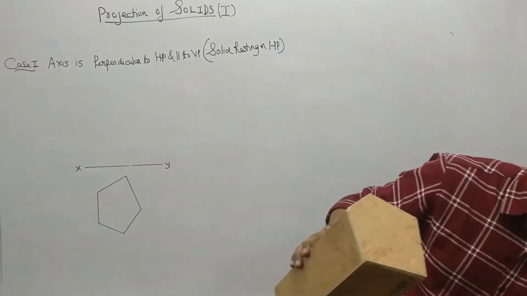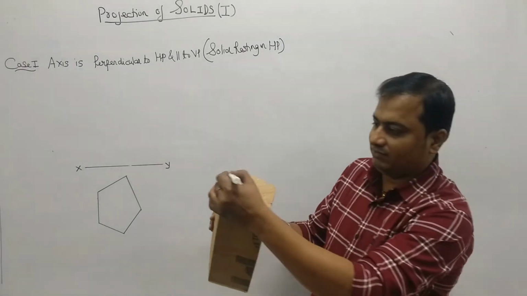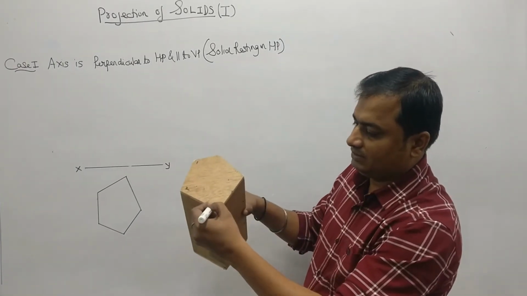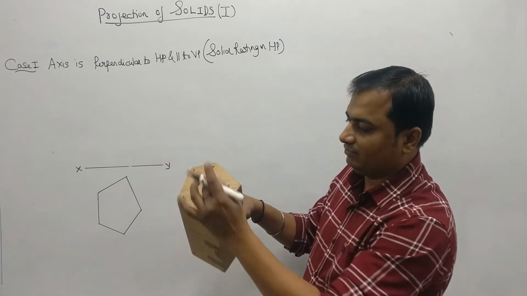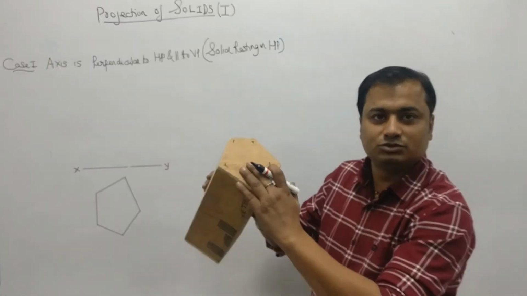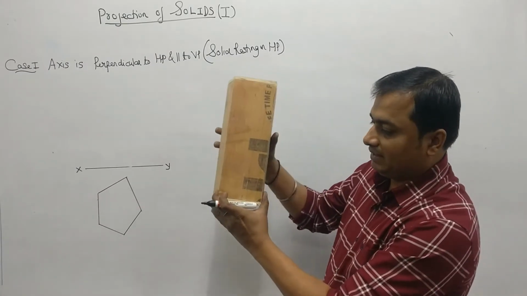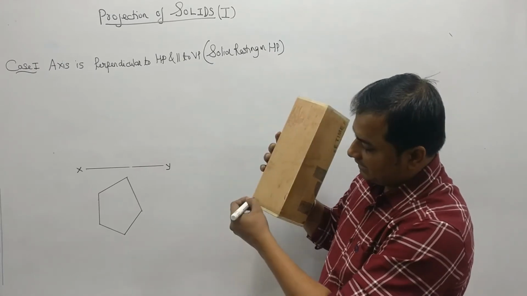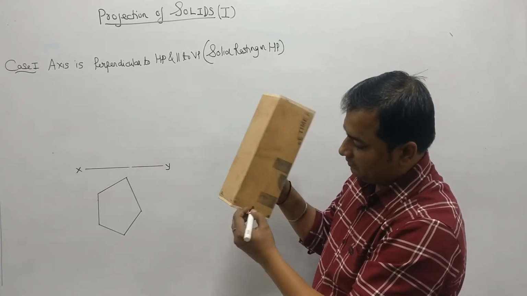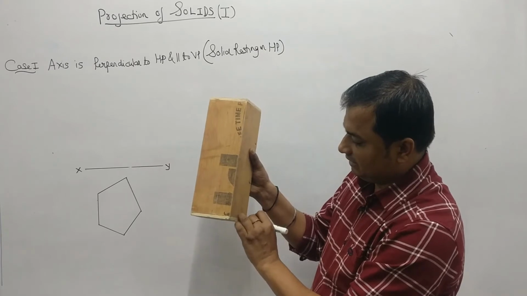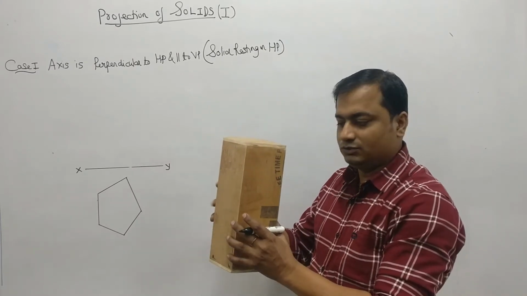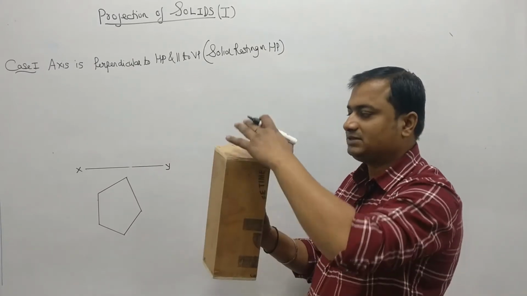Right? So suppose I have used the numbers here. So this is my 1, this is 2, this is 3, this is 4, and this is 5. Top वाले को numbers का use किया. Suppose for the base pentagon, I will be using this is A, this is B, this is C, this is D, and this is E. Okay, so the base is alphabets and the top is numbers.